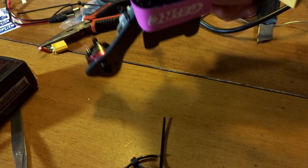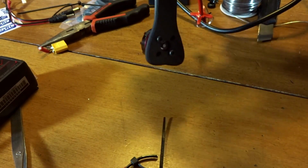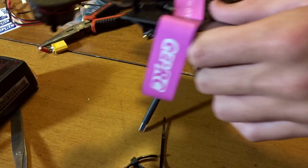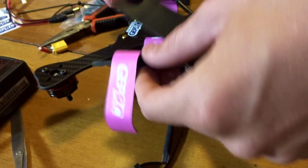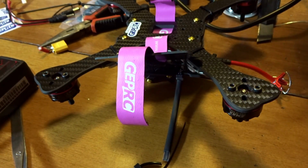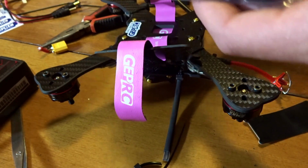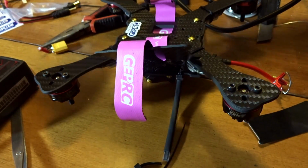So next, basically, what we're going to have to do is the battery strap. This is kind of optional, I guess. Basically, we should just be able to set the antennas down like that. It came with, I think, which ones? There's a couple different things here. Okay, yeah, this one in this bag here is meant to go on the frame. Take a look at it here. It's